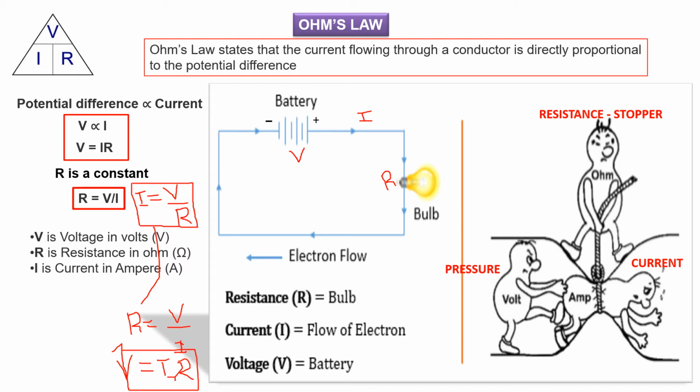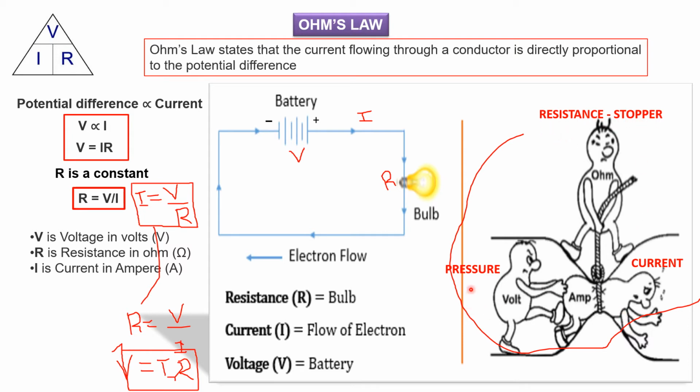See, it can be represented. You remember this picture. What does the picture show? Think that it is a pipe. Inside the pipe, a person is tying it. The size of the pipe is reducing, correct? And this person is current. That means water is flowing inside the pipe. The size is reduced here by tying a rope, and that person is holding it. Okay, he is a resistance or he is a stopper.